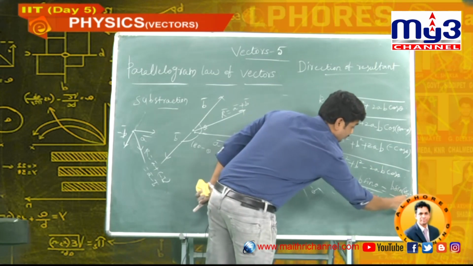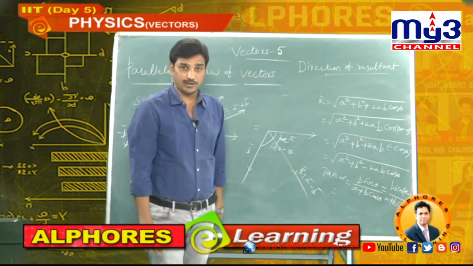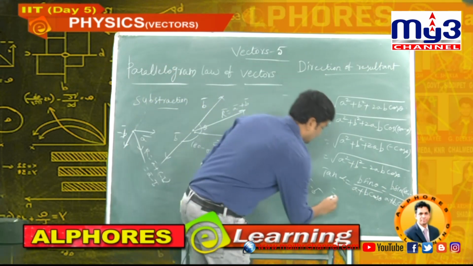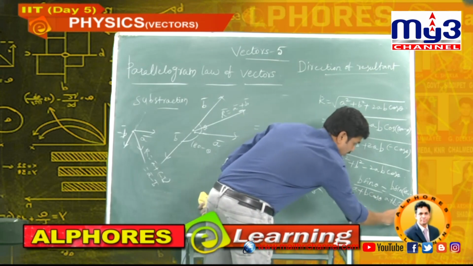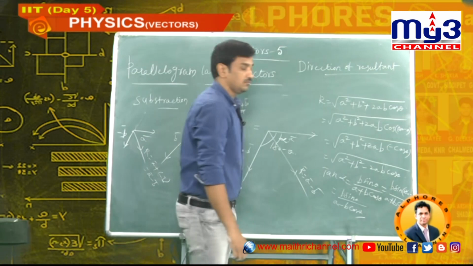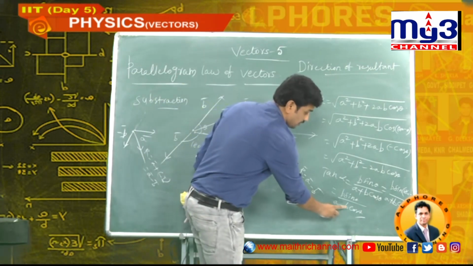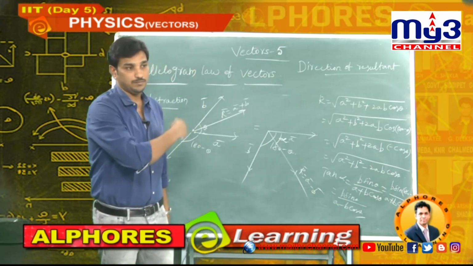Now sin of 180 minus theta: 180 minus theta is in the second quadrant, so the sin value is positive. Now the numerator is b sin theta, and in the denominator cos of 180 minus theta gives a minus. Here you got the minus. Previously it was a plus, now it is minus. So finally I will write